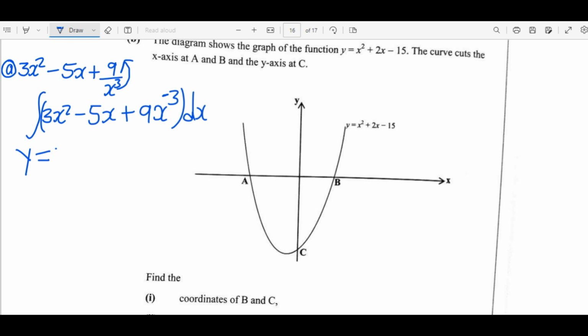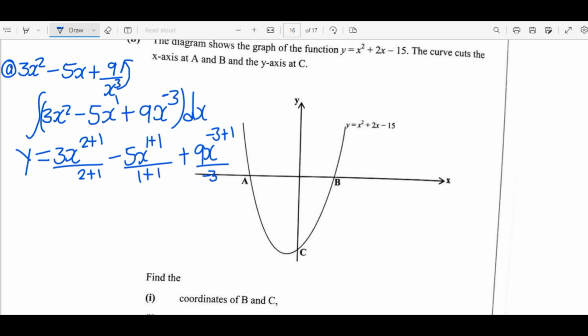So it's going to be 3x raised to 2 plus 1 over 2 plus 1. Then this is 5x raised to the power 1, which is 5x raised to 1 plus 1 over 1 plus 1. Then we'll do the same, 9x raised to the power negative 3 plus 1 over negative 3 plus 1,